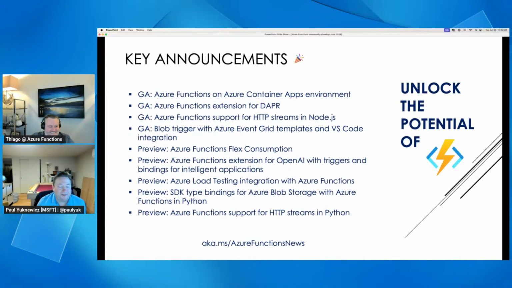All right. So a number of things went GA, and then we have some new things for you to try in preview. So one thing we're really excited about, so Azure Functions, the programming model, you've probably seen that it's been able to work on Azure Container Apps. So you can use the full Container Apps environment, the Container Apps networking, all the mechanisms around it in Container Apps with the Azure Functions programming model by deploying a function into a Container Apps environment. So that has finally gone GA. We're excited about that.